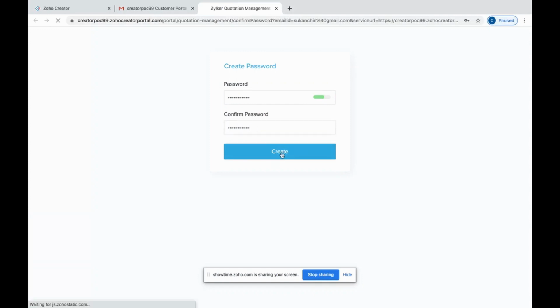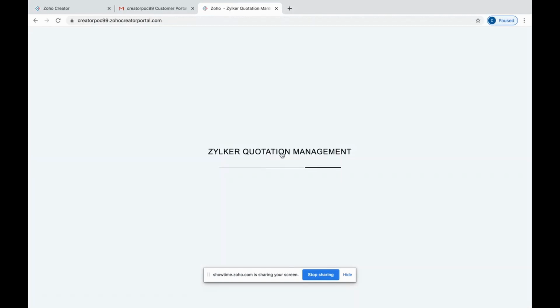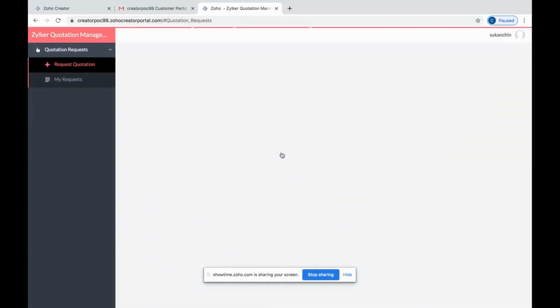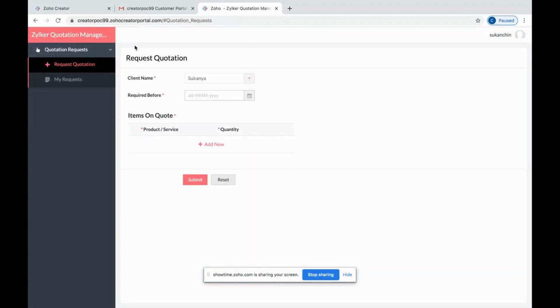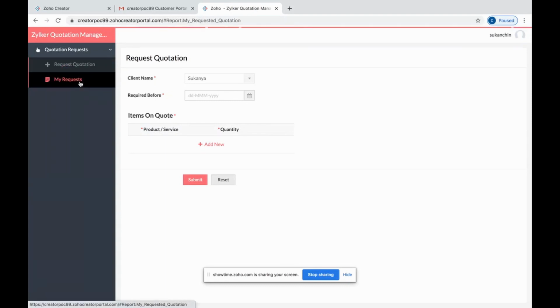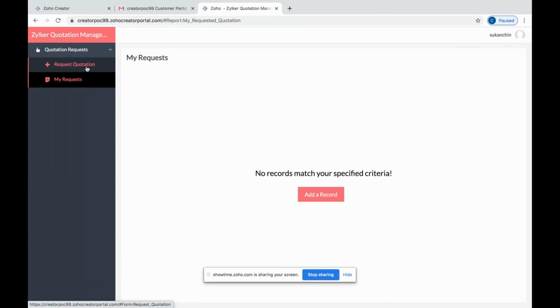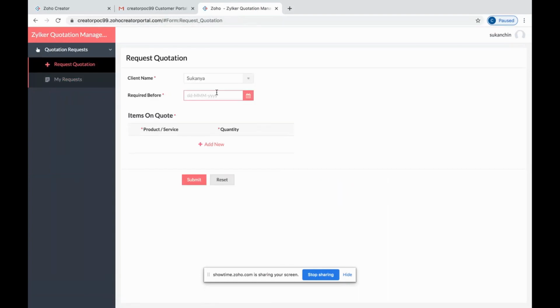I'm creating a password for my portal. When I log in as a client, right, if you could see in our live mode, we had multiple modules of creating quotation, adding up users, products. But as I am logged in as a client now, I'm just able to request something and see my request. Since I have not added up anything, nothing is popping up for me, but when I add it up, right, I can just add the data.